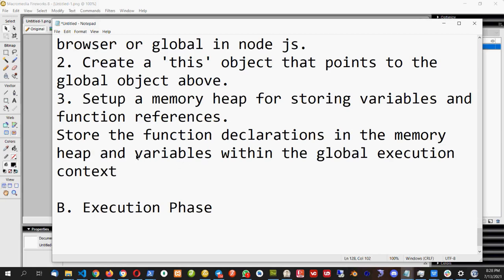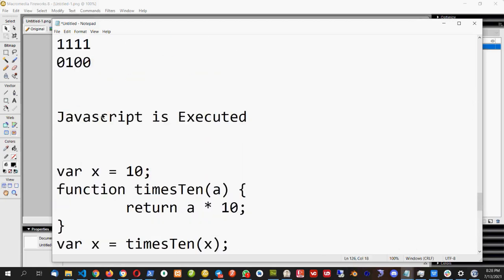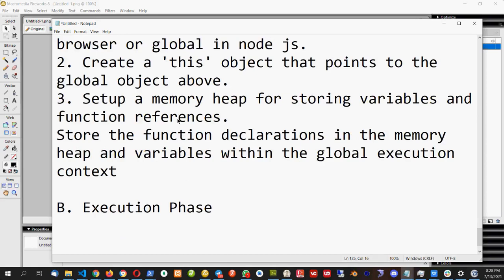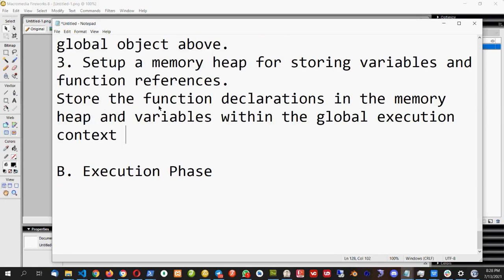That also goes into the memory, but it is assigned in this also. So whatever variables are there, we can see they are under this object. Though they are in the memory, the variables are also assigned to this global execution context